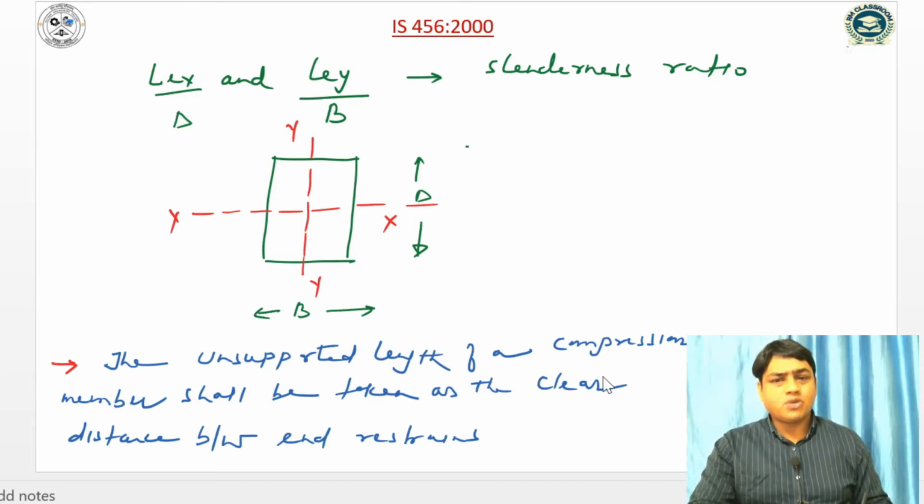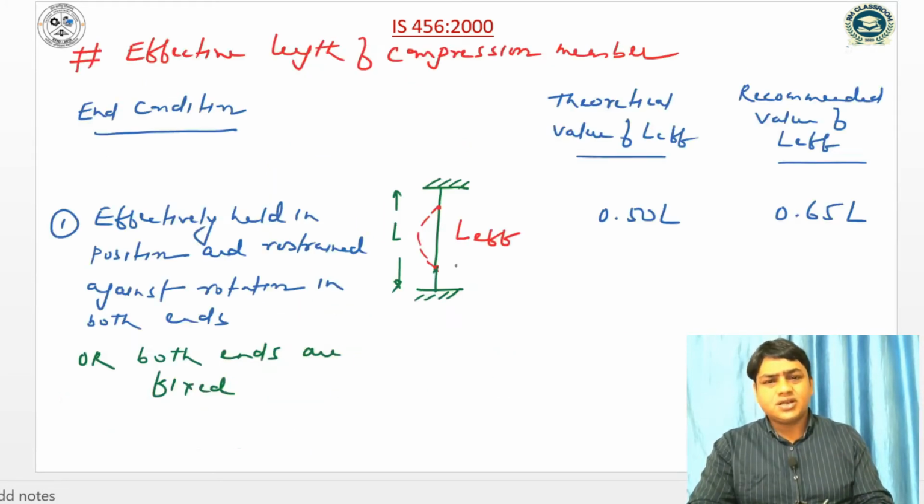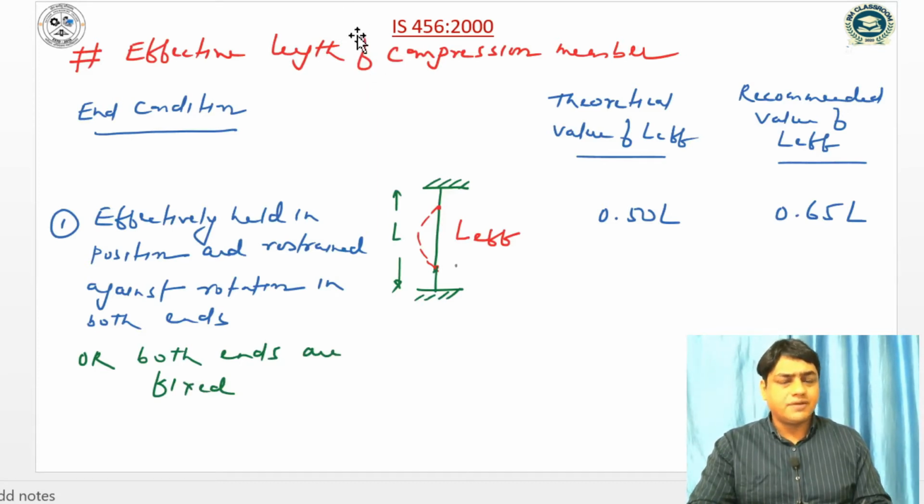The unsupported length of a compression member shall be taken as the clear distance between end restraints. And we can see the various codal provisions, what is the theoretical value of effective length and the recommended value of the effective length. So according to IS 456:2000, when effectively held in position and restrained against rotation at both ends, meaning both ends are fixed, the recommended value of the effective length is 0.65 L,